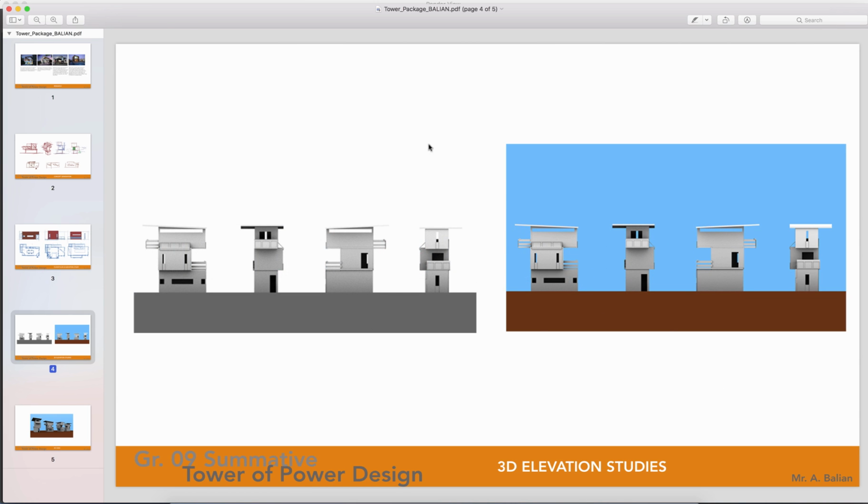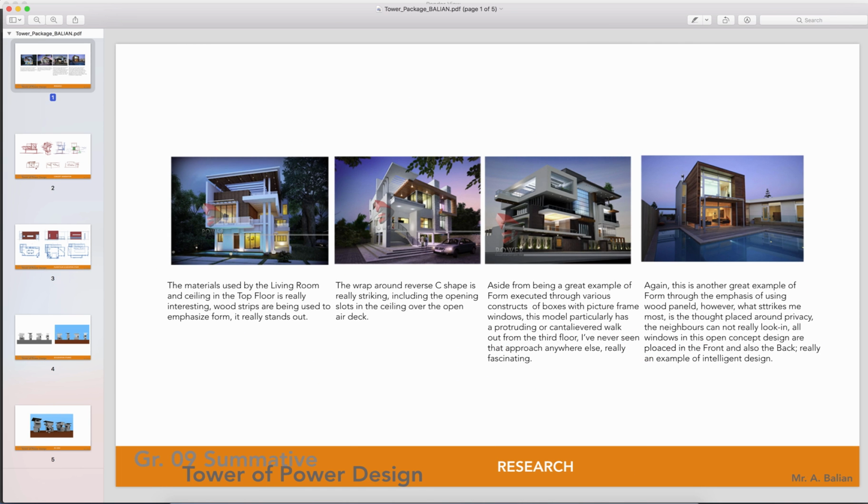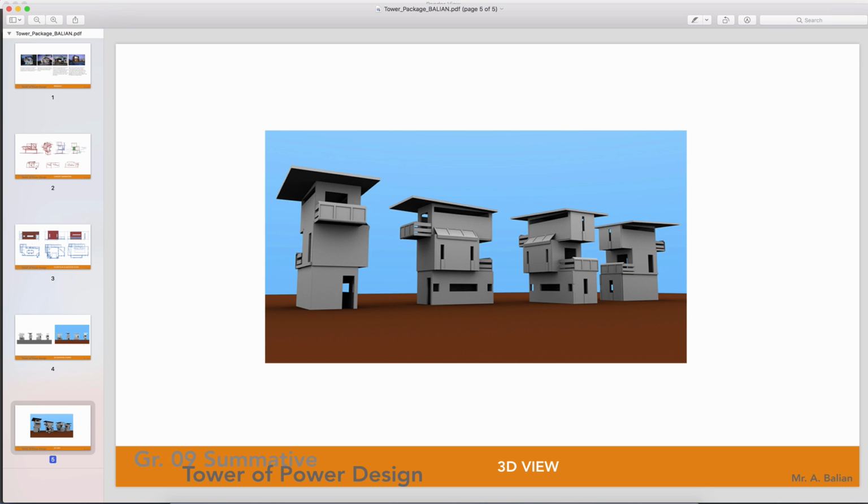And I want you to bring these images into your illustrated documents and then export each frame, each page. Tower of Power, thank you, Backyardigans, 3D elevation studies, so on, floor plans, the works, okay? Sketches, research, and a final shot in kind of three-quarter view. Okay,